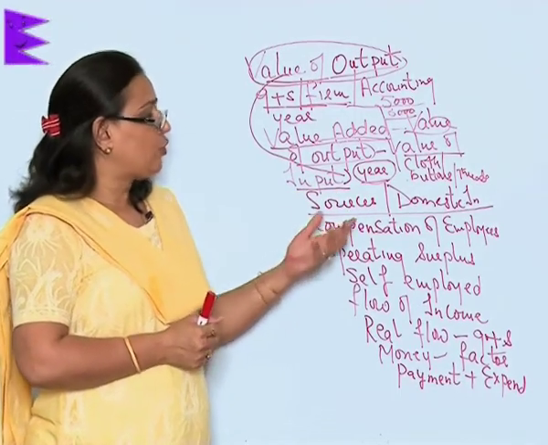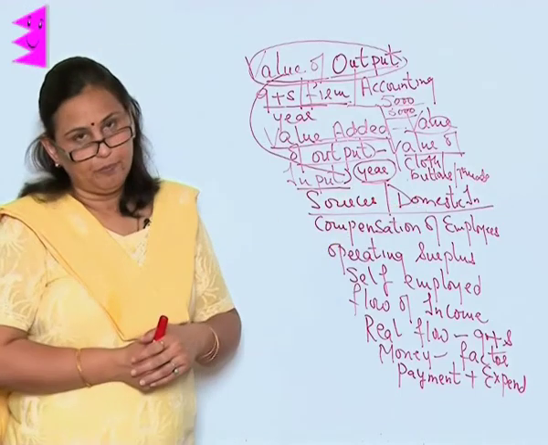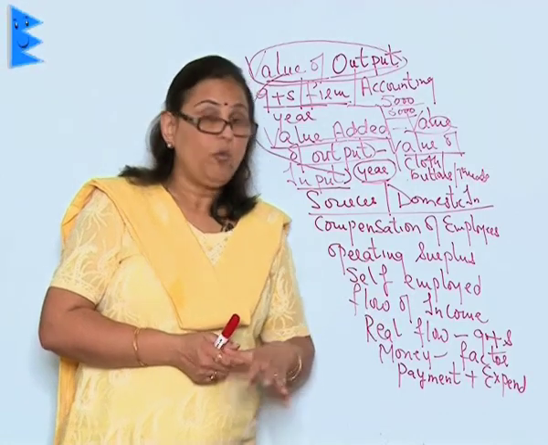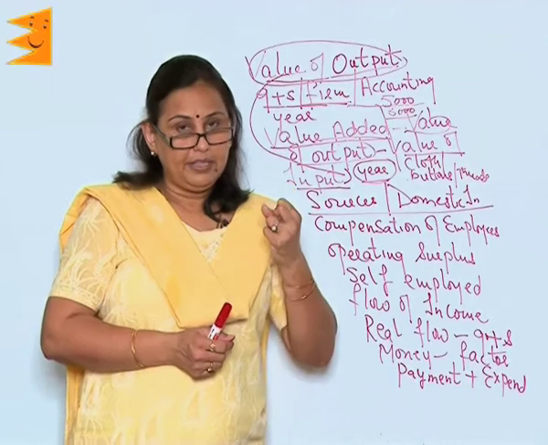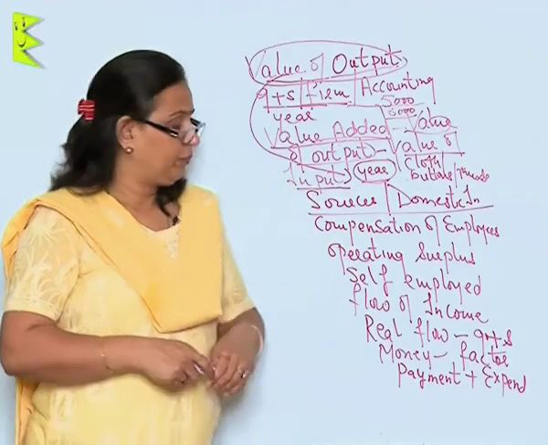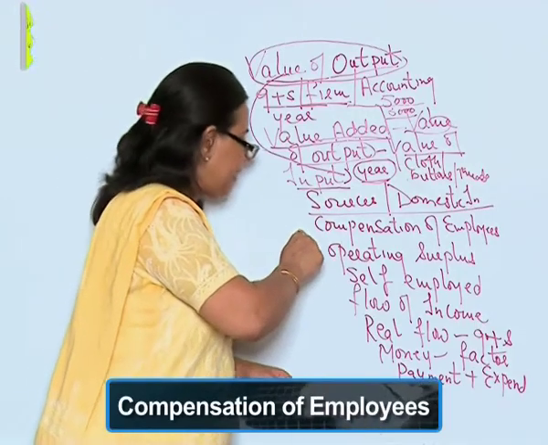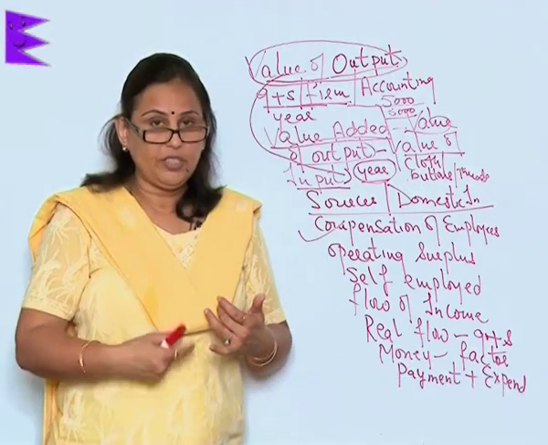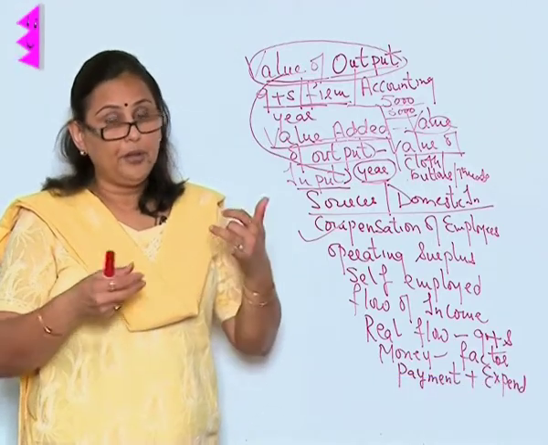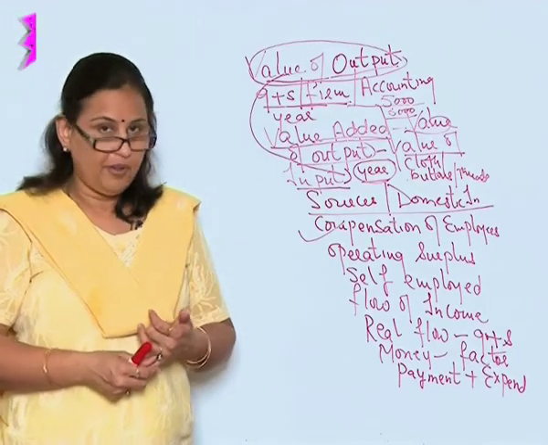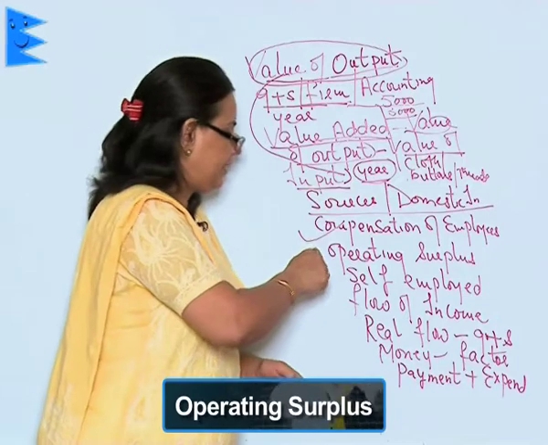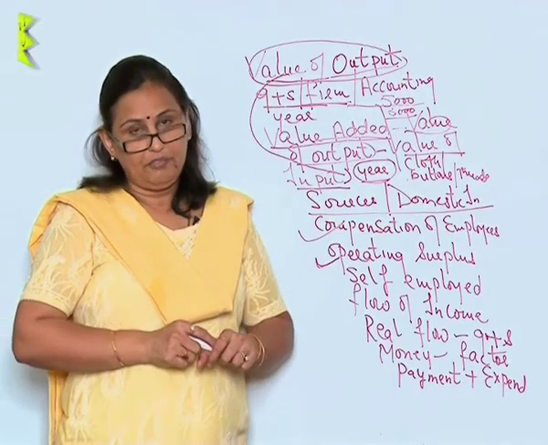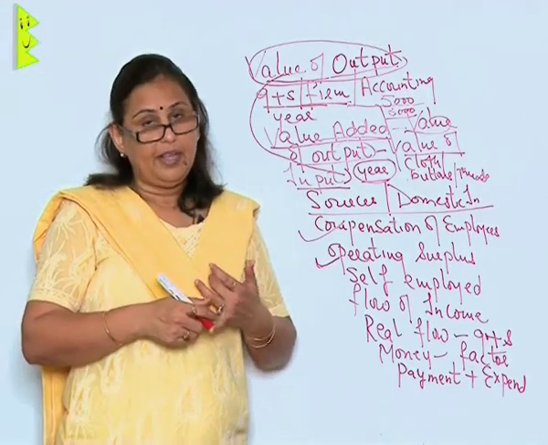Now, what are the sources of domestic income? We have been calculating the national income and the domestic income, but what are the sources of earning income in a domestic territory? The first of its kind is the compensation of the employees. Compensation of the employees means the wages which are being paid to the employees of the firm. Then the operating surplus. Operating surplus means the other sources of income like rent and such